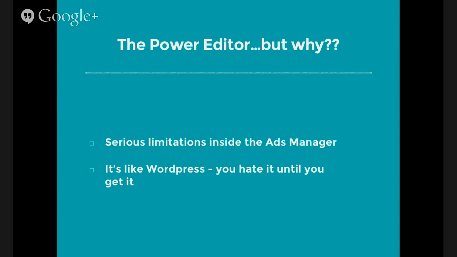But the real reason to just bite the bullet and learn the Power Editor is that it is something that you can learn. I kind of feel like the Power Editor is what WordPress was for me, or MailChimp, which I'm still working on. It's something that is really difficult at first, but eventually you learn it and you get through it, and you might not love it, but you're able to put together your blog posts, copy and paste that stuff in there, format them, add images, schedule them. These are things you can do.